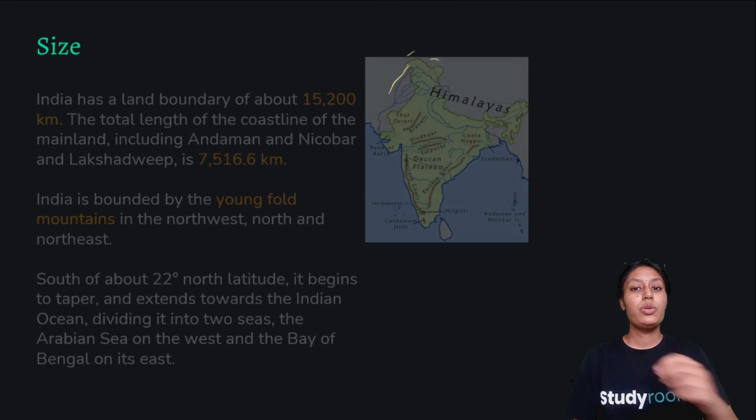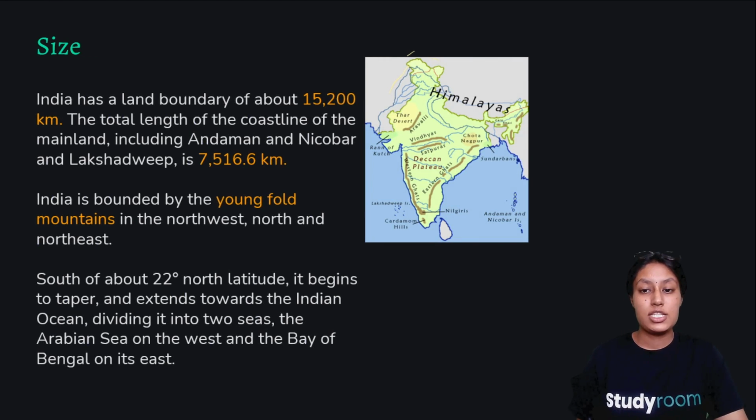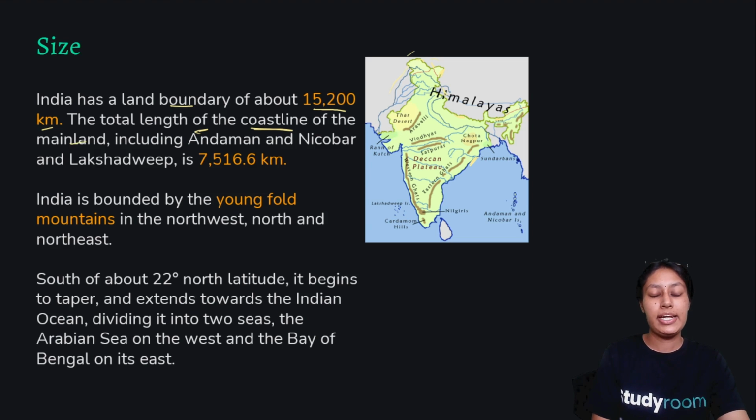Okay, moving on, we'll do detailing about size. Now we will talk in numbers. India has a land boundary of 15,200 kilometers. We're just talking about the land boundary here. The total length of coastline of mainland, including Andaman and Nicobar and Lakshadweep, is